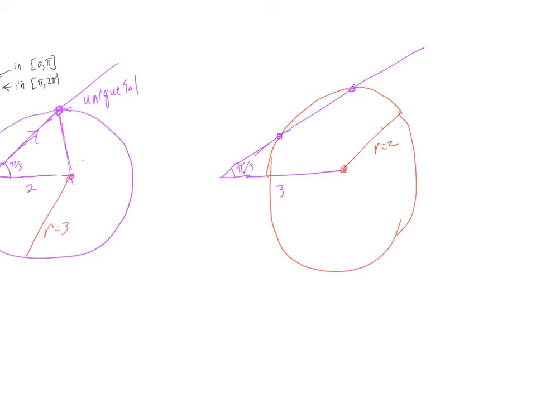It looks like this arc intersects this in 2 different points, and I see 2 different triangles which both satisfy the conditions. There's one triangle that has an angle of pi over 3, a side of length 3, and a side of length 2. Here is another triangle,